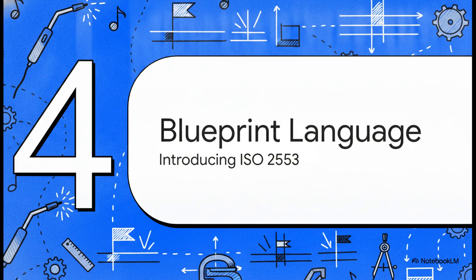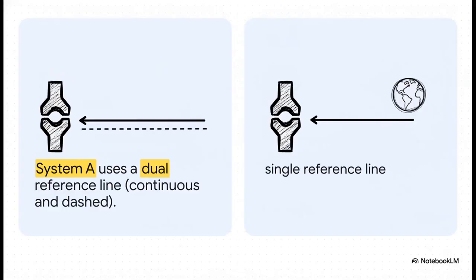Section 4. The language of blueprints. Introducing ISO 2553. If the welding parameters are our instruments, then the ISO 2553 standard is the sheet music. It lets engineers everywhere play the exact same tune. This standard lays down strict rules for representing welded joints on drawings: geometry, manufacturing quality, the whole shebang. And what's really cool is that it impartially handles two different global systems for designating the arrow side on a